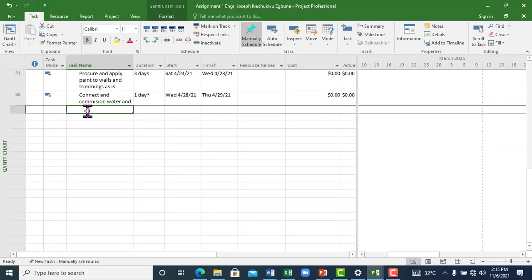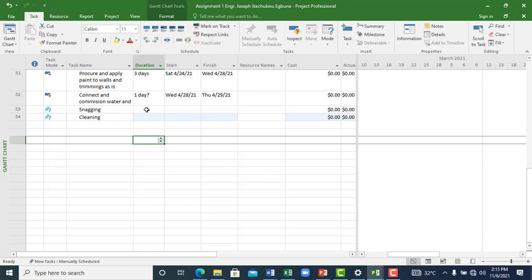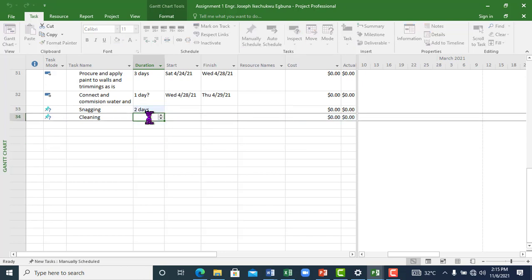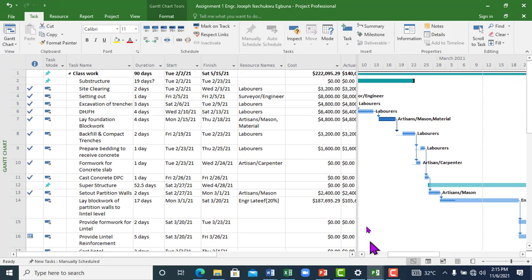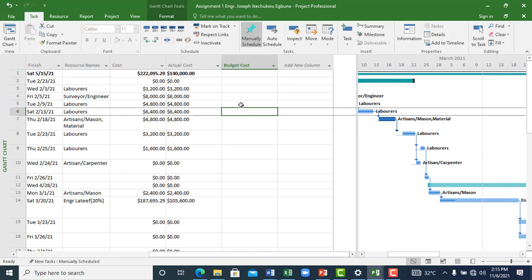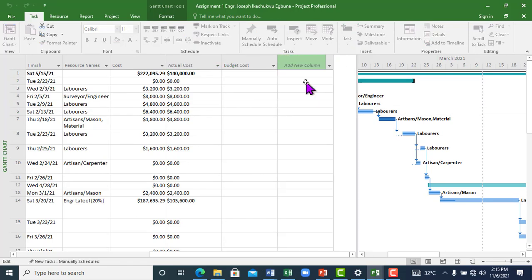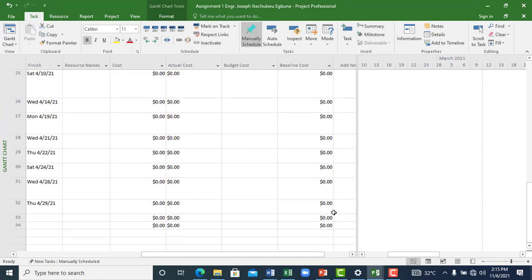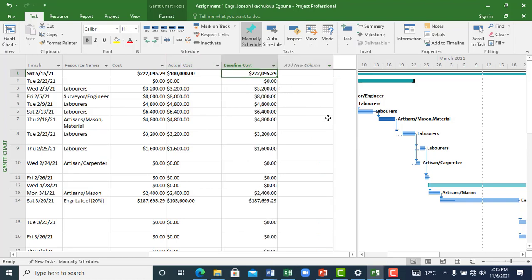For instance, you had snagging, cleaning. I just want to add some activities to this, which happens most times when a project is going on. So let's look at baseline cost, for instance. Okay, so we have baseline cost. This baseline cost will only